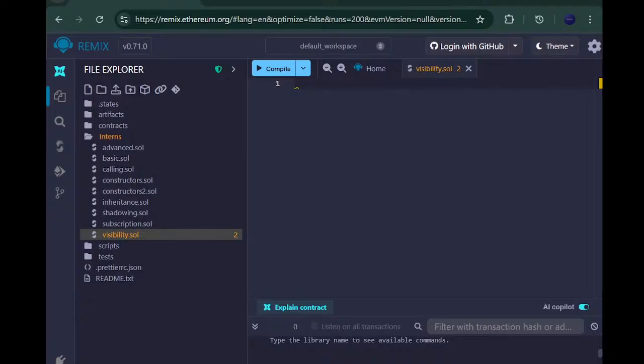And then we have the last one, which is external. It's similar to public, but with a key restriction. External functions can only be called from outside the contract by other contracts and users. They cannot be called internally from within the same contract, unless,